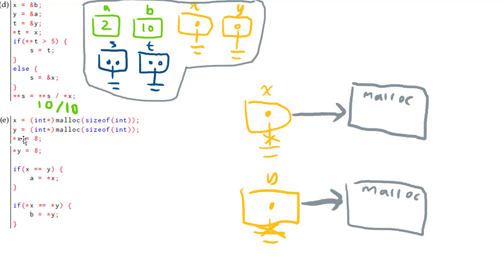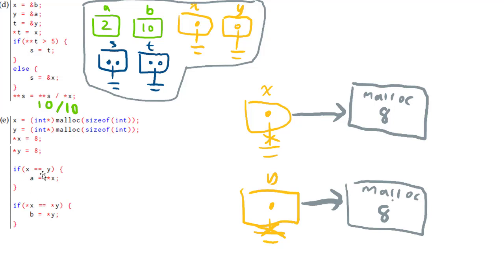Then we dereference x. If we dereference x, we follow this direction and we are at this position. At this position, we assign a value inside here. The next line is also an assignment inside here. What happens is,